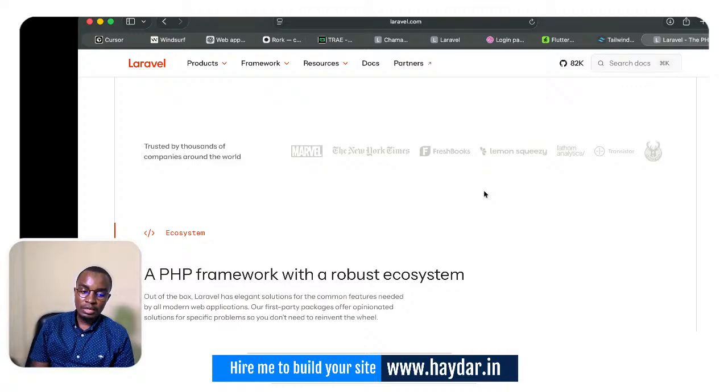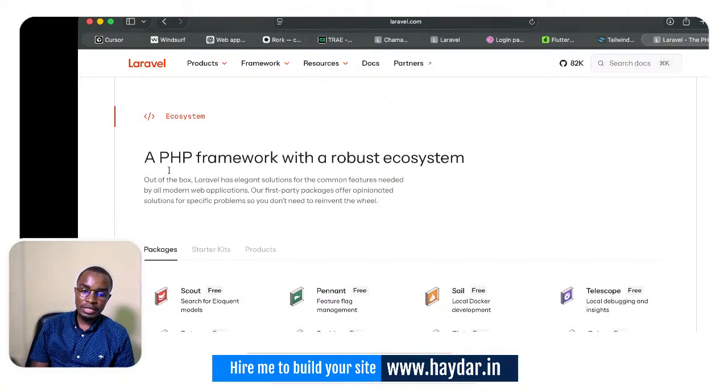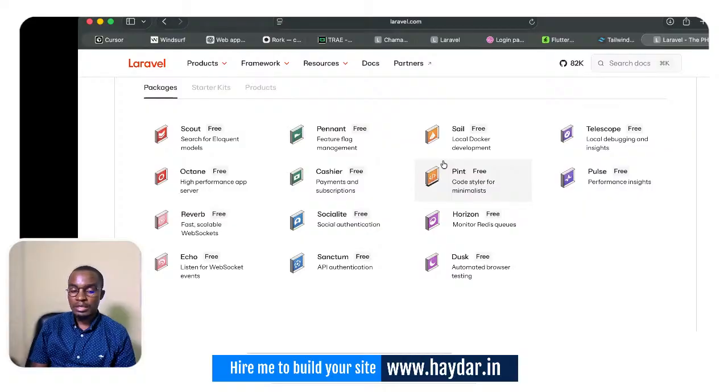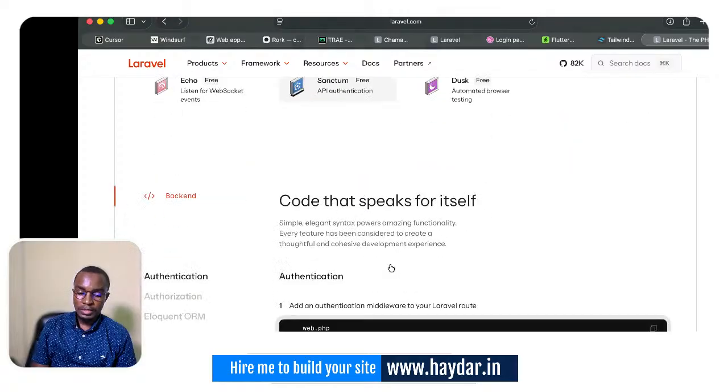But just for beginners' understanding, this is a framework with a robust ecosystem, and it's good because it's customizable. You can do anything on it. The good thing is that you can have all these customized kinds of